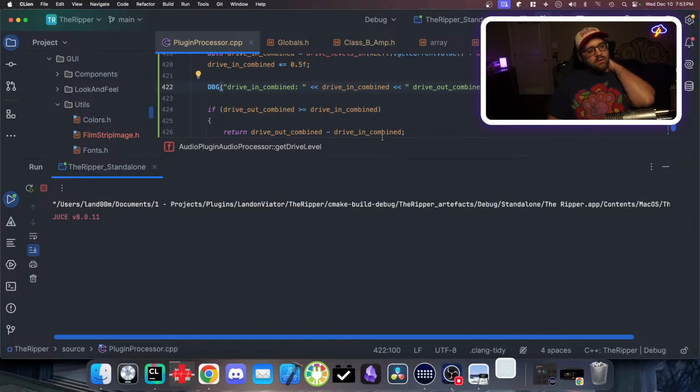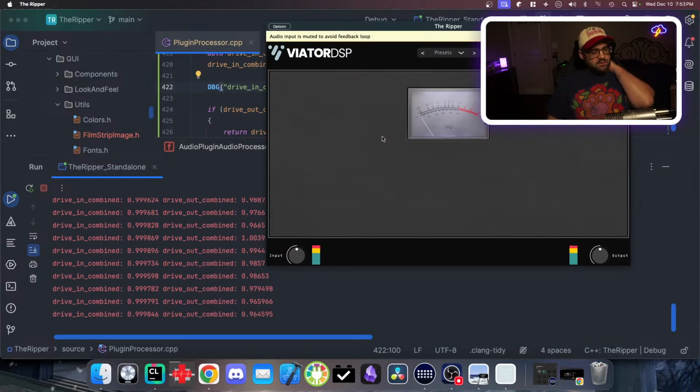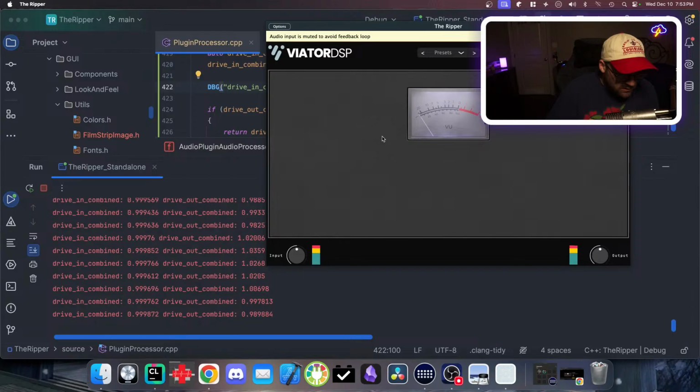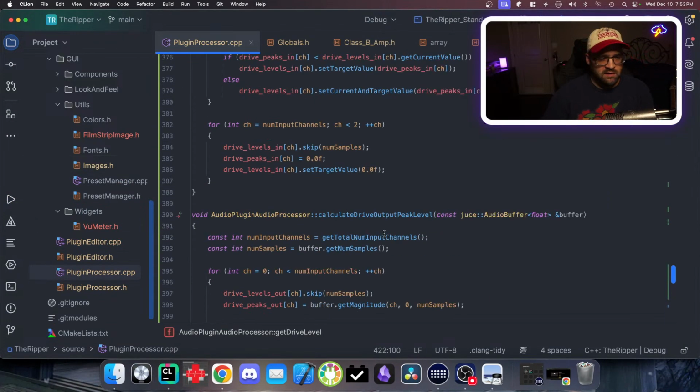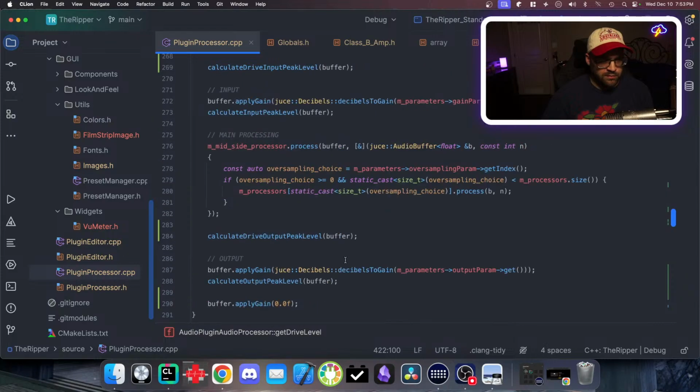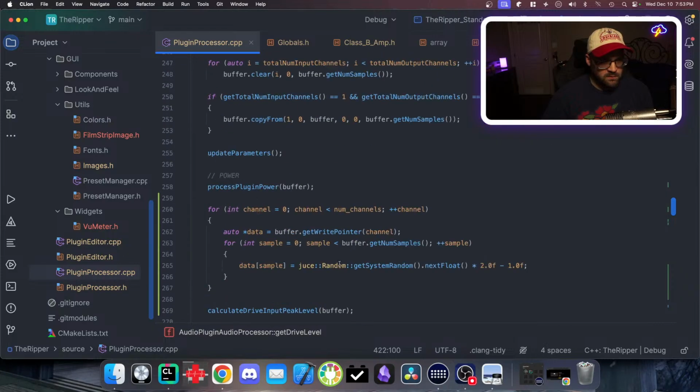Oh, you know what? This might be related. Okay, wait. Drive in is 0.9 and drive out is 0.9ish to 1. I mean that seems correct to me. One thing I think we still have to do that might be a bug is that we need to